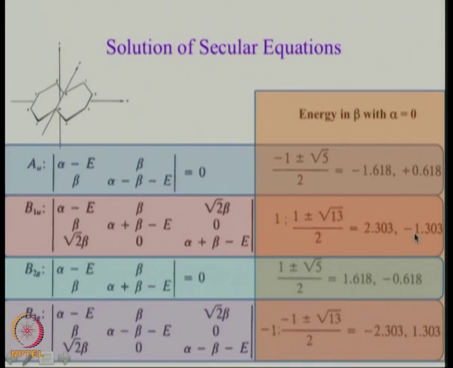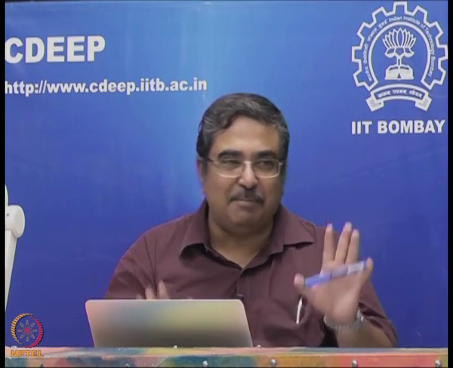Can you quickly count how many bonding, how many anti-bonding I have got? The ones with minus sign, are they bonding or anti-bonding? Antibonding. So, how many antibonding have we got? 5. How many bonding have we got? 5. So, we are happy. It is good to do this kind of check when we do a calculation like this, because if something has gone wrong, usually you are not going to get 5 and 5, and then you know right away that something is goofed. Alright. So, this is what it is.